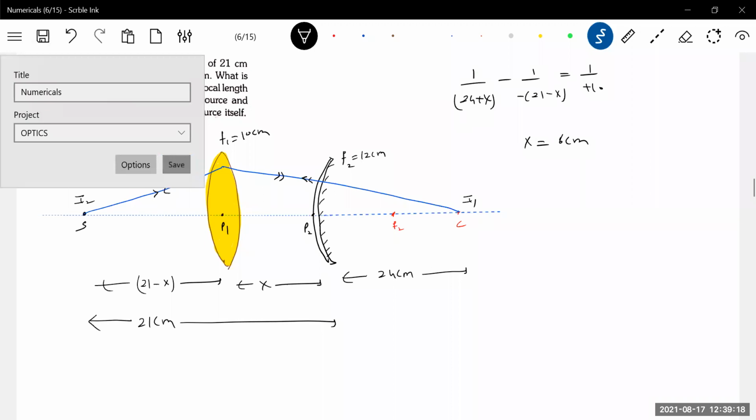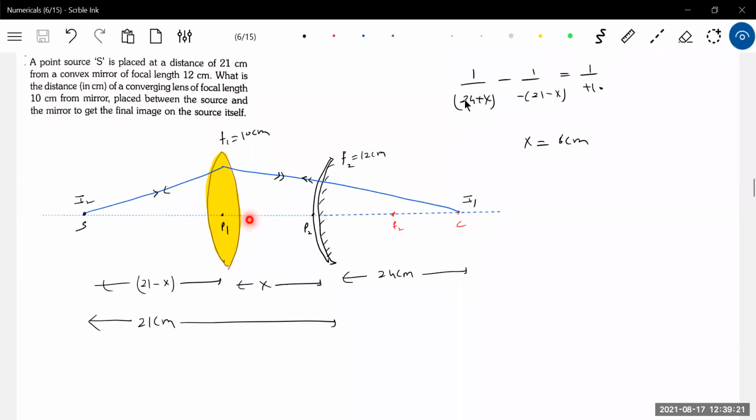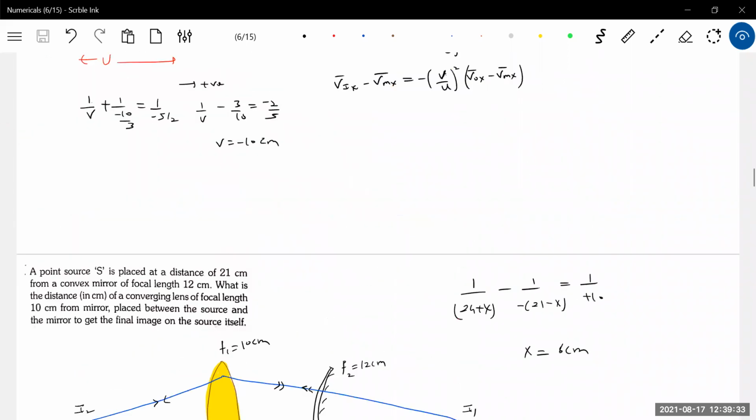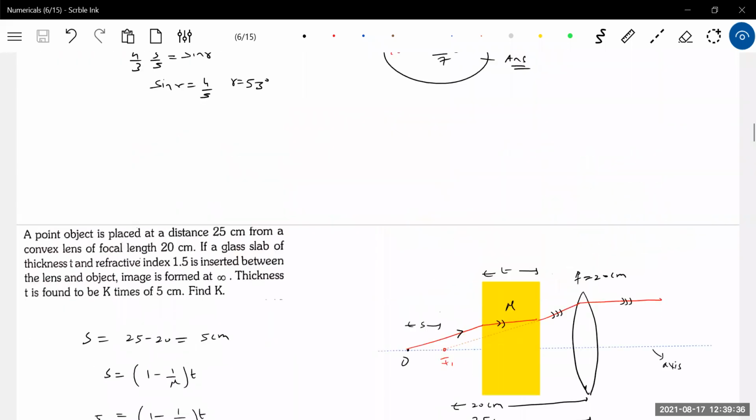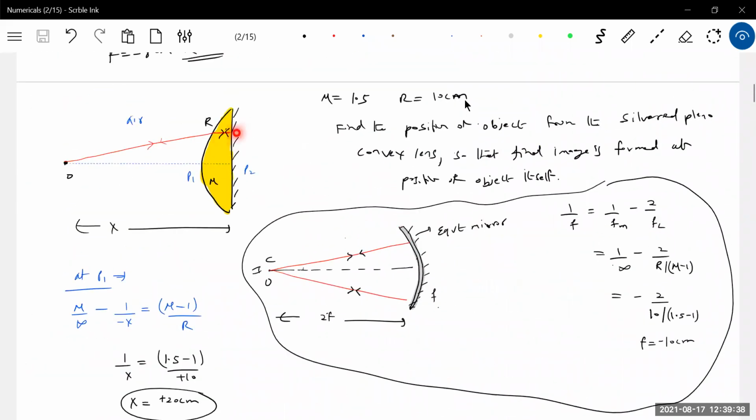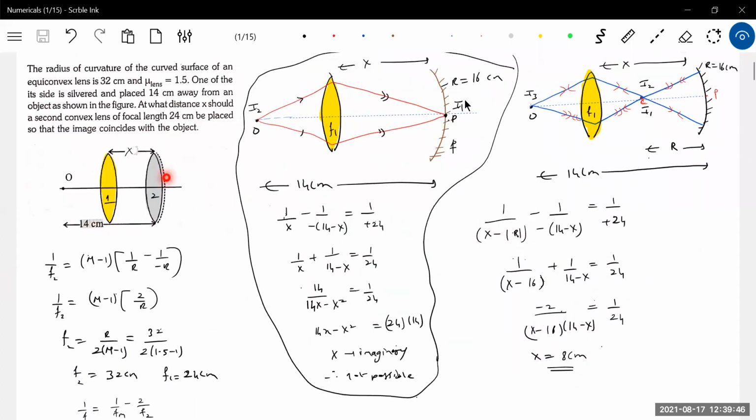Books, what happened? They have shown some calculations where you have to imagine that one. So straight away, the idea of that at center of curvature. If the plane mirror is there, the rays should be incident normal. Once again I make you recollect: on the reflecting surface, the ray should be incident normally. That's the one rule. Then we brought some curved surface. If the curved surface comes, the image should be formed at center of curvature. Whether it's a concave, here I brought concave, you can see here.